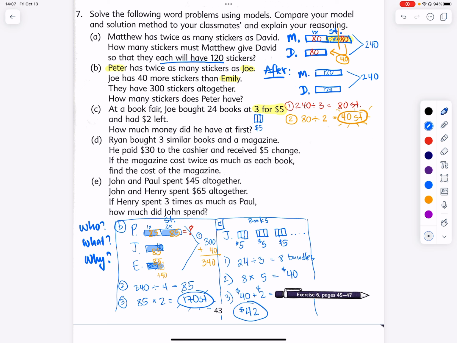He had $42 at first. Not an easy problem at all. Let's take a look at number